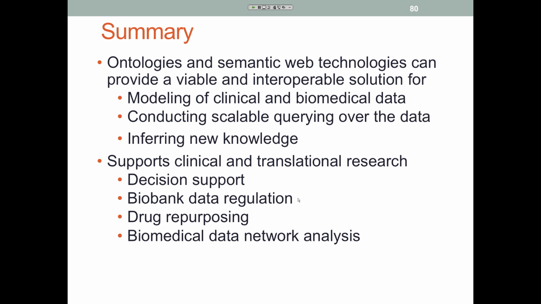And in summary, ontologies and semantic web technologies can provide solutions for different healthcare or biomedical applications. So we can use ontology to model clinical and biological data, so that we can conduct scalable querying and intelligent querying over the data. And we can also infer new knowledge based on what the ontology has defined.